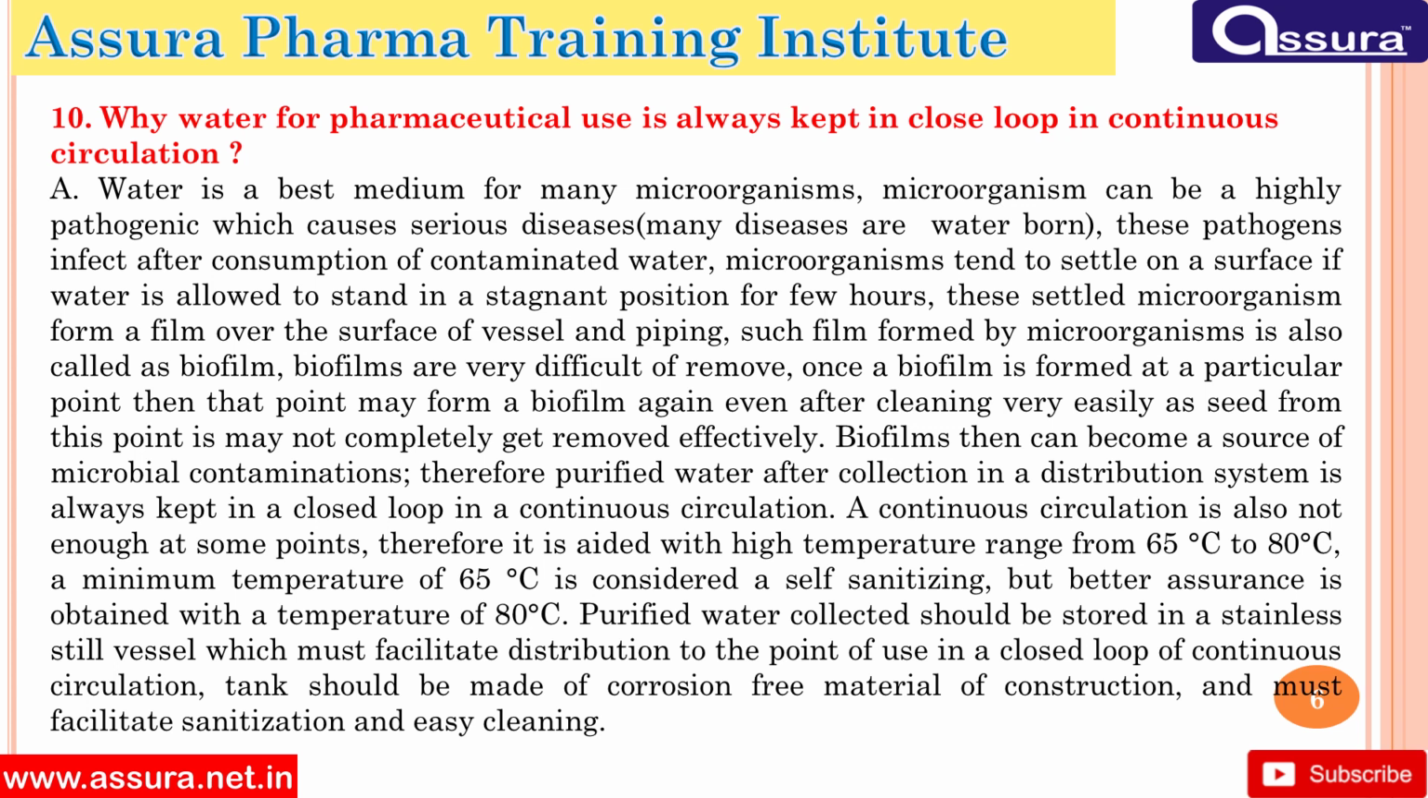Biofilms can then become a source of microbial contamination. Therefore, purified water after collection in a distribution system is always kept in a closed loop in continuous circulation. Continuous circulation is also not enough at some points. Therefore, it is aided with a high temperature range from 65 degrees Celsius to 80 degrees Celsius. A minimum temperature of 65 degrees Celsius is considered self-sanitizing, but better assurance is obtained with a temperature of